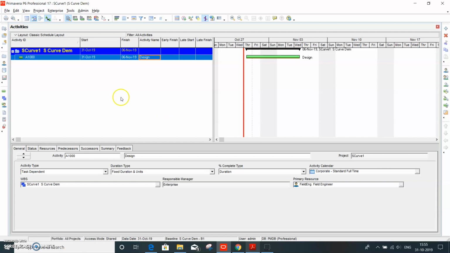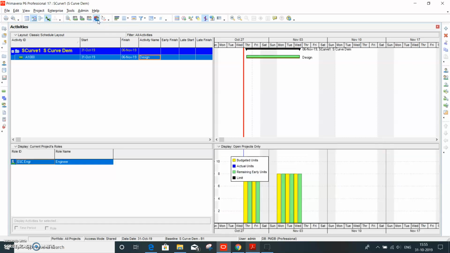What you need to do is go to the resource usage. This will give a resource usage, and it will always show in the bar chart, that is the normal one. So what you need to do is right click over here and choose the role usage profile option.